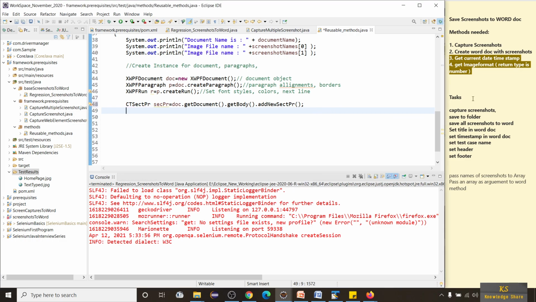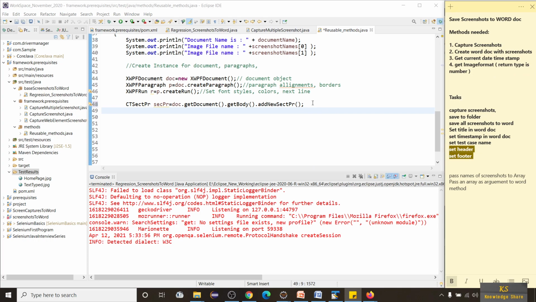Now as I said, we are going to set the header and footer, right? To set the header and footer, we have one more class, XWPFHeaderFooterPolicy, is equal to new XWPFHeaderFooterPolicy.